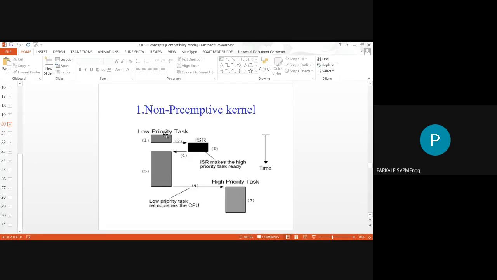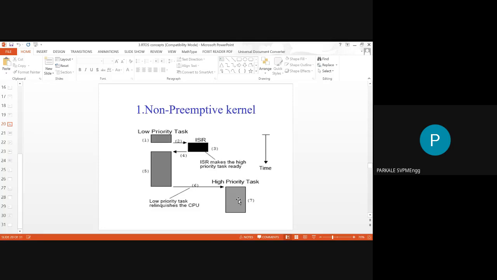Now whenever a higher priority task comes into the ready queue of your CPU, it has to take the decision whether to continue with the low priority task or with the high priority task. If the scheduling algorithm is non-preemptive, then rather than going for the high priority task, it will continue with the low priority task. That means whatever the task in hand, it will first complete that task, and only after completion of the low priority task will it release the CPU so that your high priority task can execute its work.